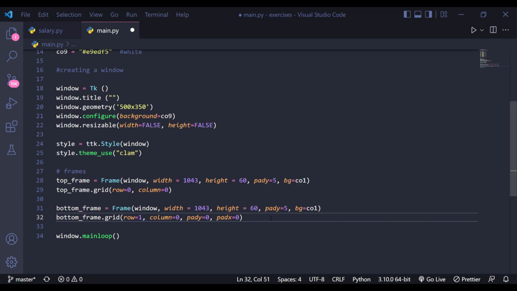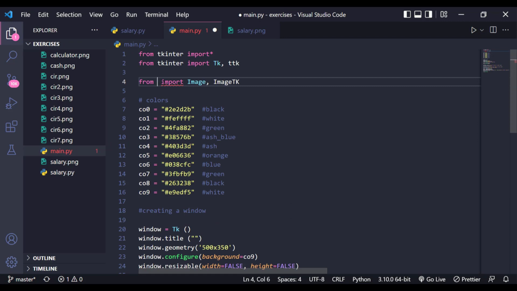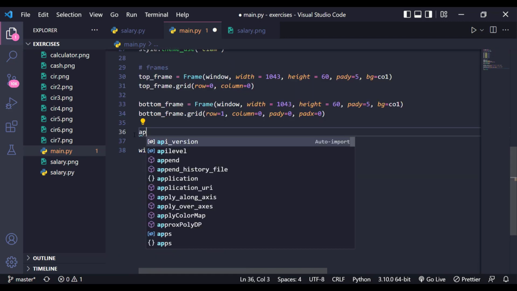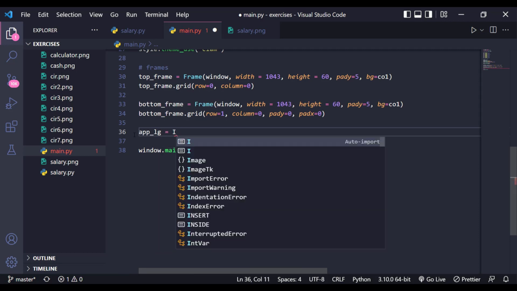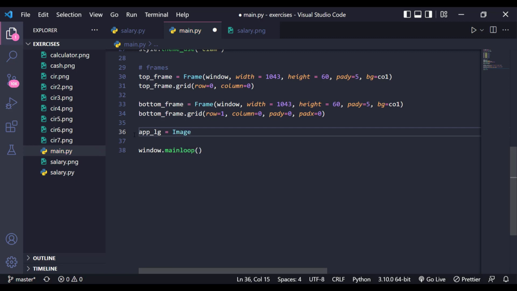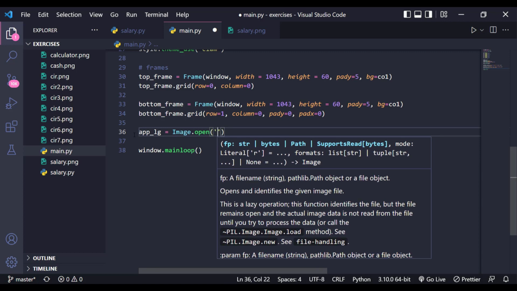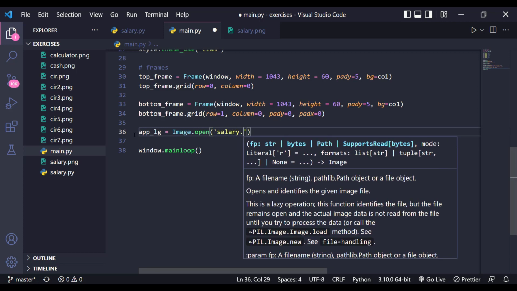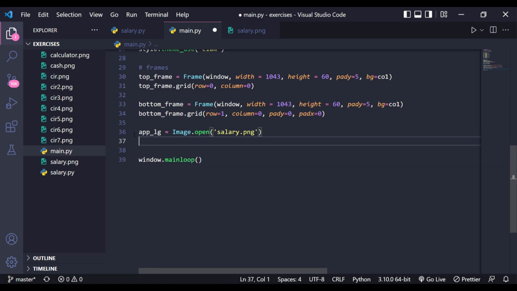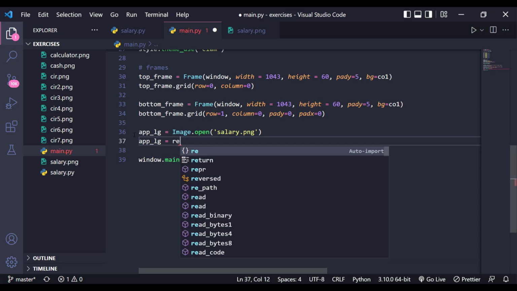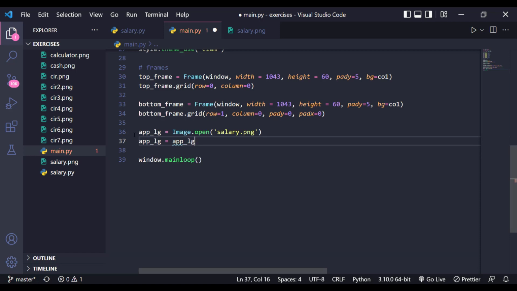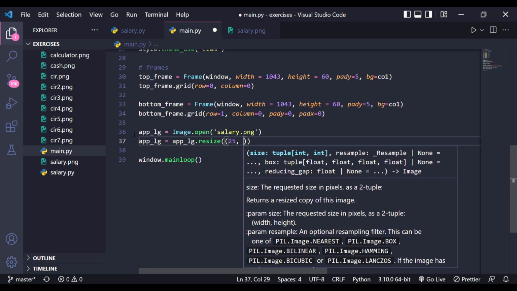So yeah, let's work on this one. Guys, this is actually from Pillow module, so just give PIL. So just give app logo equal to Image.open salary.png, and we'll give free size to 25. Dot resize 25,